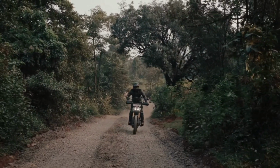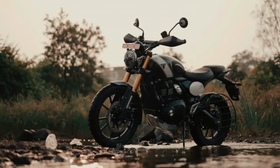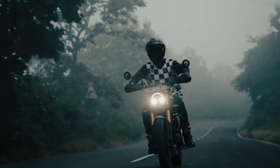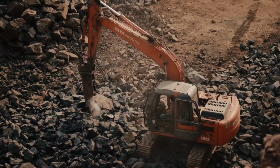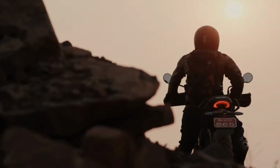tough terrains. And talking about the suspension, this bike has got a fabulous big piston 43 mm upside down fork on the front and a monoshock suspension on the rear, which work decently well on highways as well as mild off-road. And coming to the braking, this bike comes with a dual disc setup, although on the front